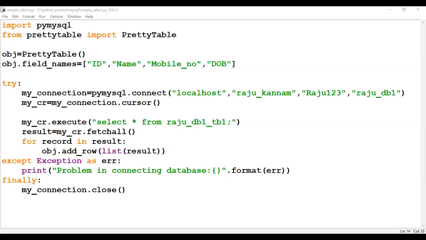Problem in connecting: row has incorrect number of values. So some problem in connecting database. Okay, let us go back to the program.